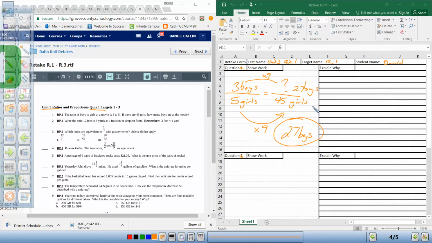But that's not all you have to do for your retake. Over here to the right, you have to explain why. In your explanation, you have to use complete sentences, and you can use vocabulary, explaining how you knew what to do. So for this one, for example, I could say something like, it gave me a 3 to 5 boy to girl ratio, so I said